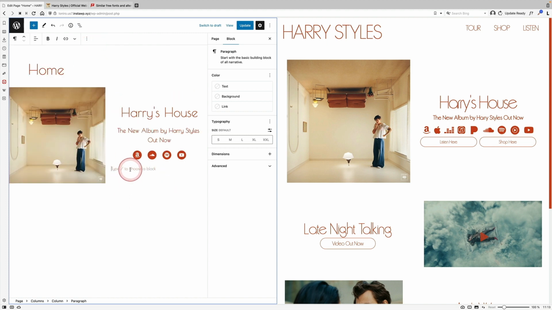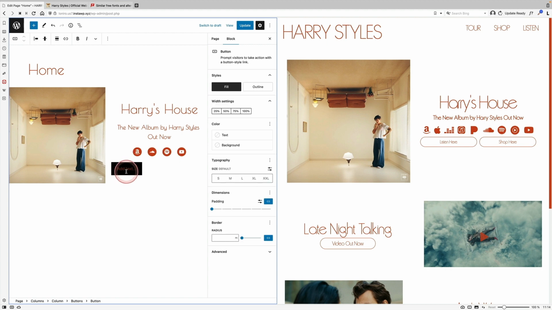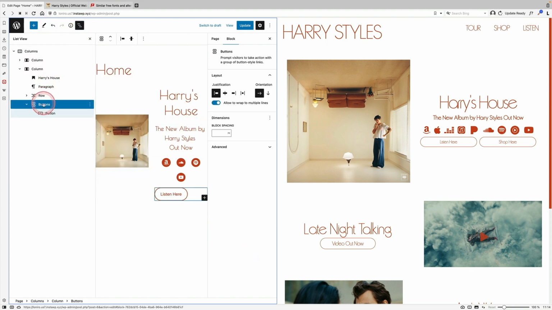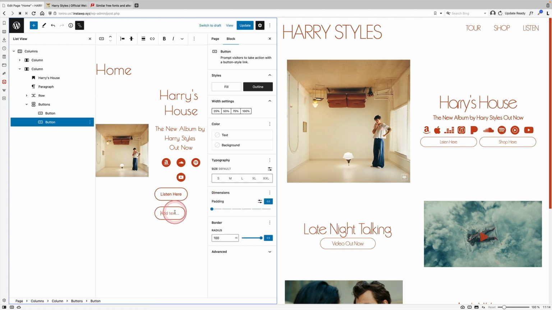Now I can add my buttons. So /buttons, and I'm just going to pop in the text first. I'm going to choose the outline here, and that's pretty good. And I'm going to create a radius like so in the buttons block. Let's select buttons there. Again, the list view is so useful. Add another button, and you'll see how it keeps the styles that you've introduced in the first one, which is